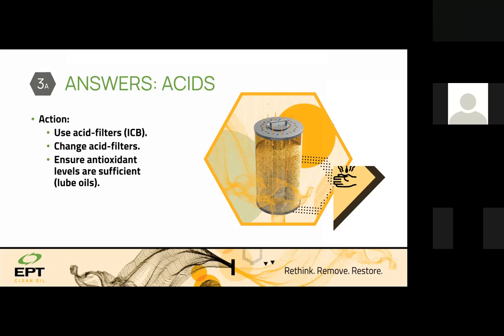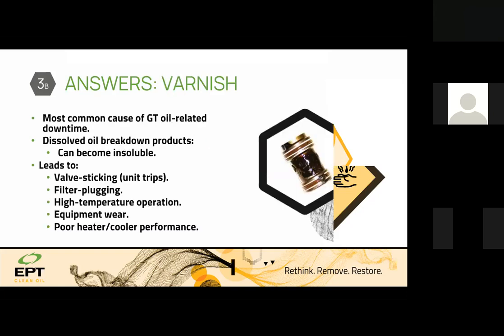So by using ion exchange, you can remove the acids and bring it back to the spec of a new oil. And then finally, I want to talk about varnish. Once oxidation material in the oil becomes saturated, the saturation level of the oil changes with temperature, with flow, and with the pressure. Once it is saturated, the physical change happens, and those oxidation materials come out of solution. They can stick to the valves, which are very critical, to the filters, to the cooler surfaces, and